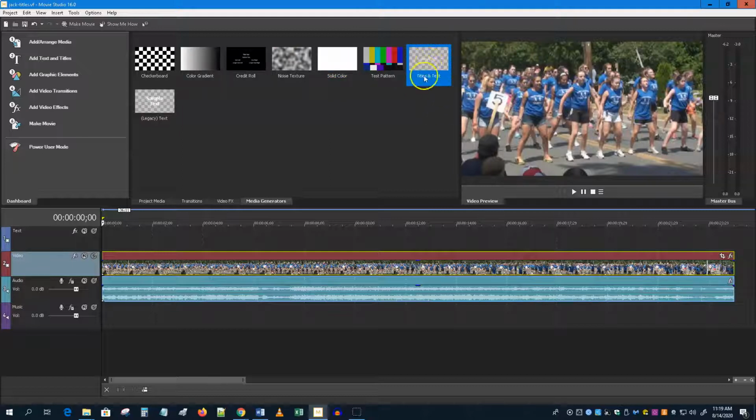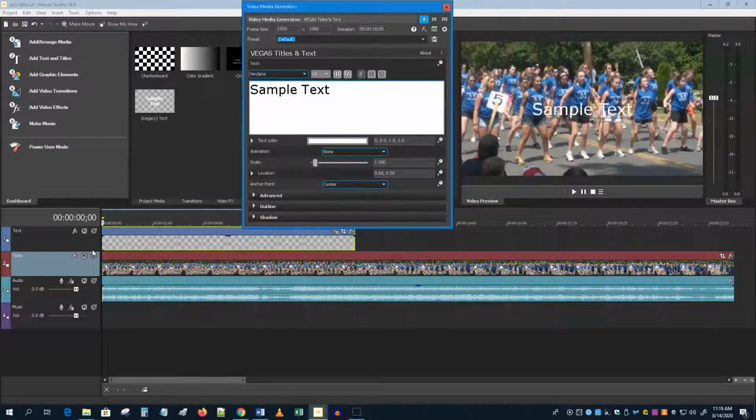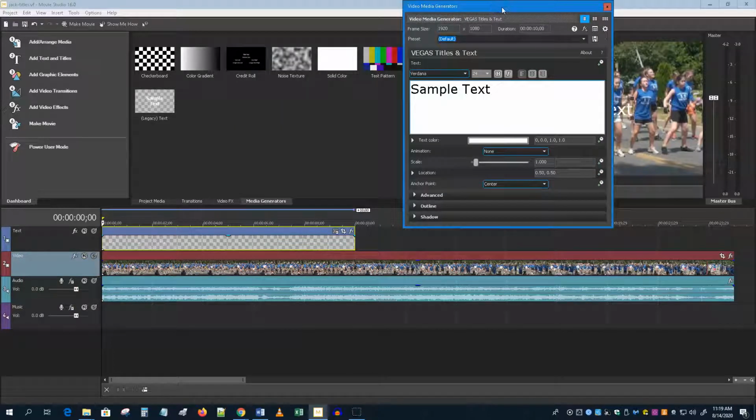Well, I could double click on it, but I'll have more control if I drag it and drop it right where I want to. And I want it at the beginning. So I put it to start right at the start of the video. Now, you also see it automatically opens up this editing window here, which if you move around to get it out of the way, you certainly can. Sometimes you move it where you don't want it, and it'll kind of get stuck into the program, and you have to find a way to pull it out. Yeah, you'll work that out. Anyway,